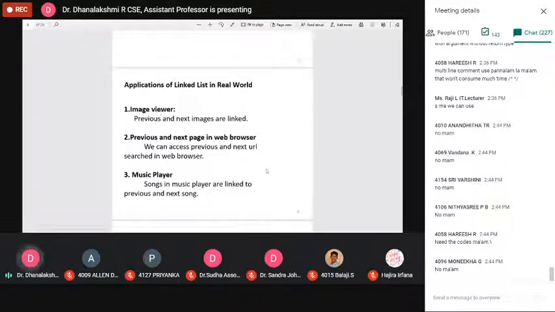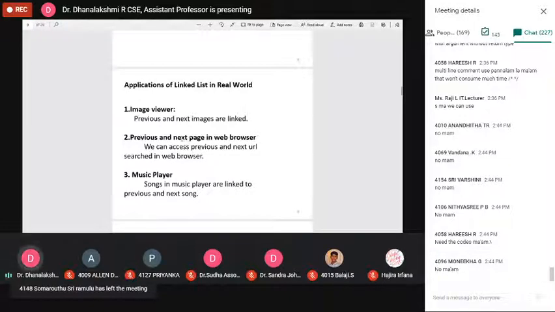When you click an image, you see the previous button and next button, and based on this we can view the previous and next image. The image viewer is one real-time example of an application of the linked list. Second, in a web browser, we can access the previous and next URL searched. By pressing the back and next buttons, we are linked to the previous page and the next page.